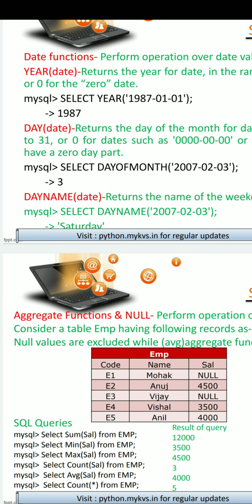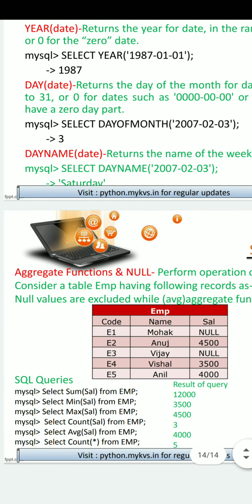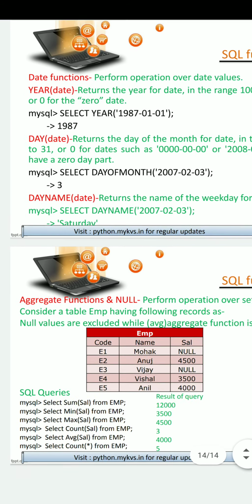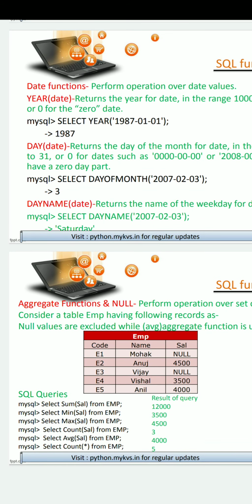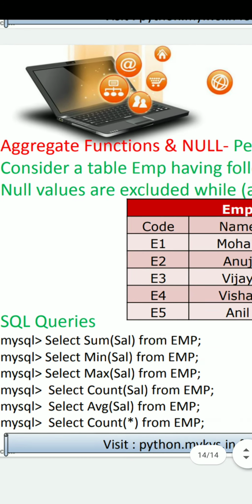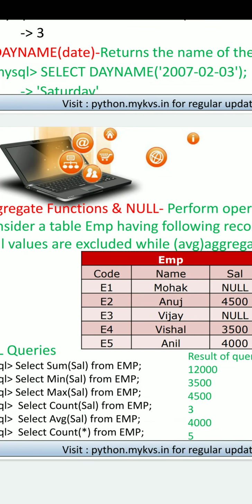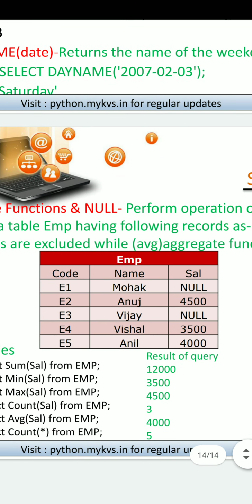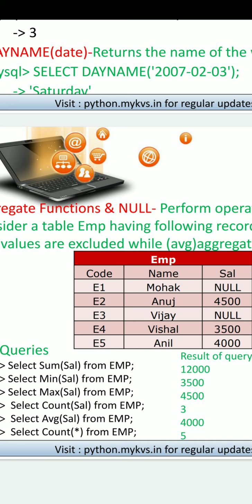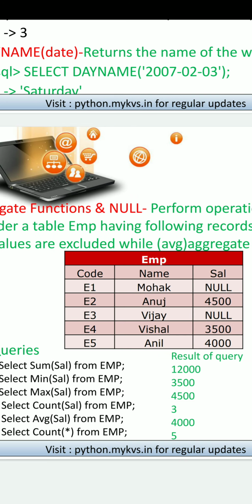And now students, the last part of the functions is aggregate functions and null values. Aggregate functions are used to return the result of an aggregation operation. Like if we apply SUM of salary with reference to this table EMP, it sums the salary part, which has 4,000, 3,000, 7,000, 8,000, 12,000 with nulls. So it returns 12,000.